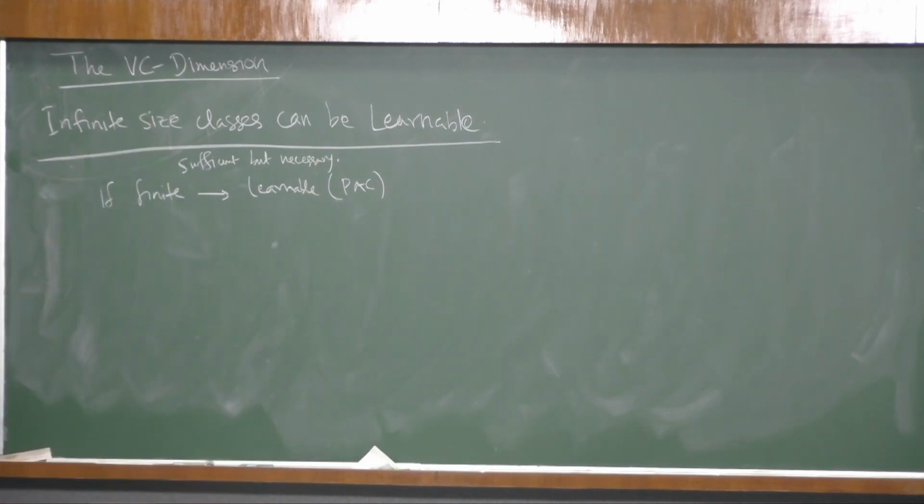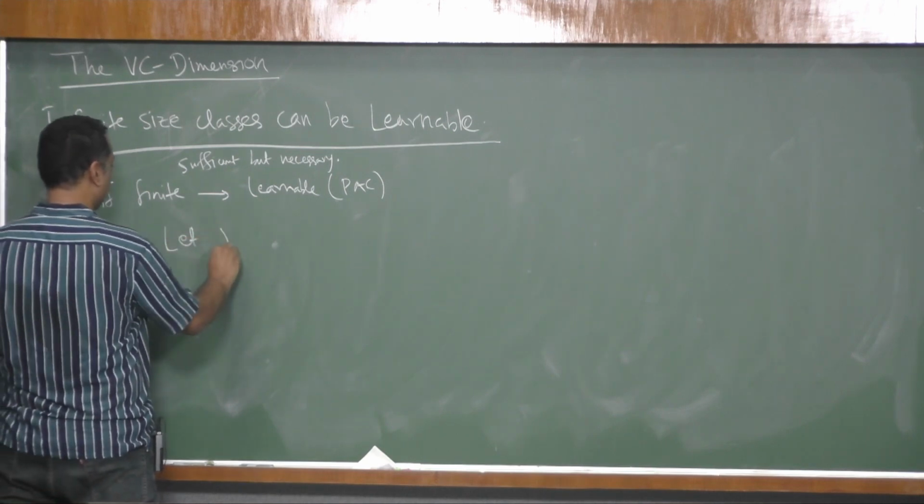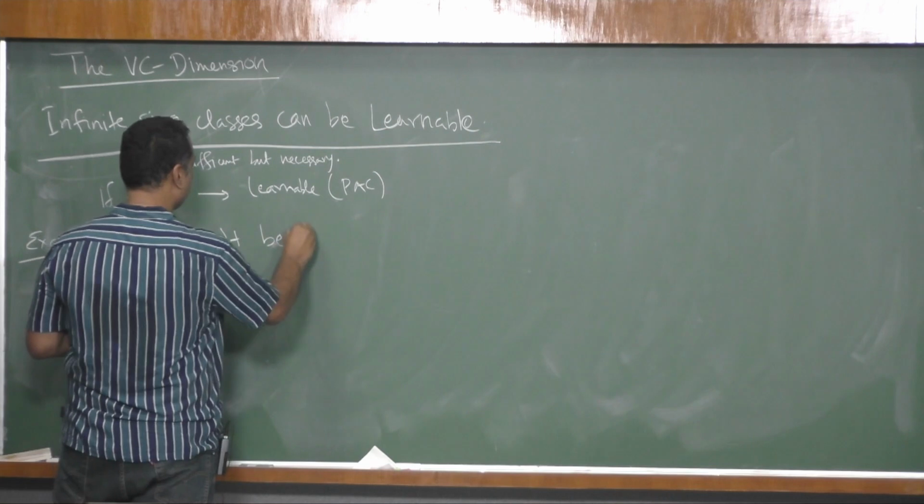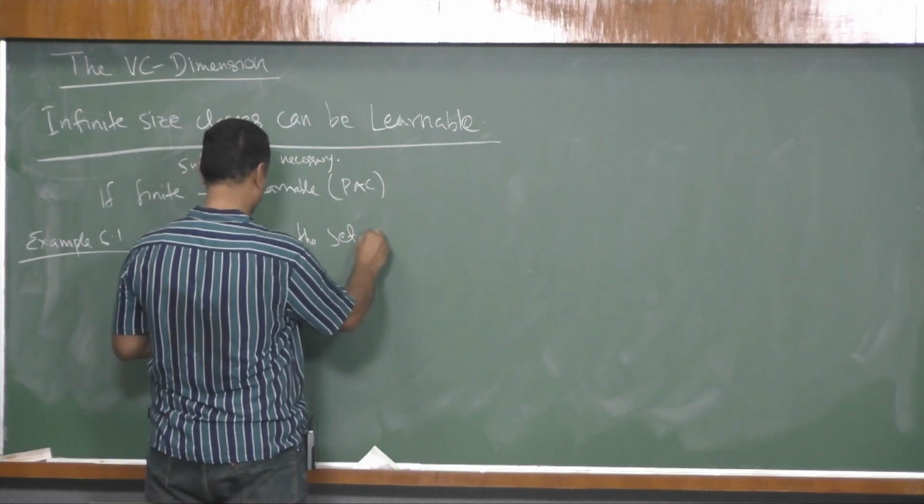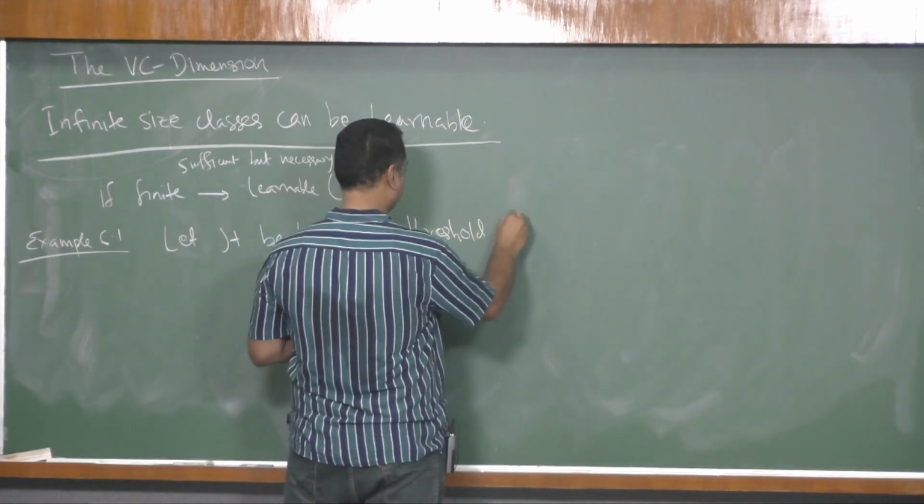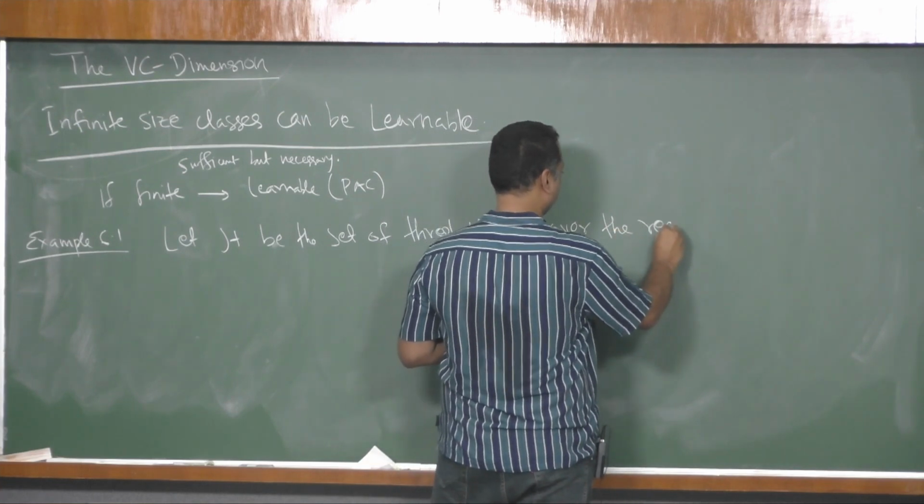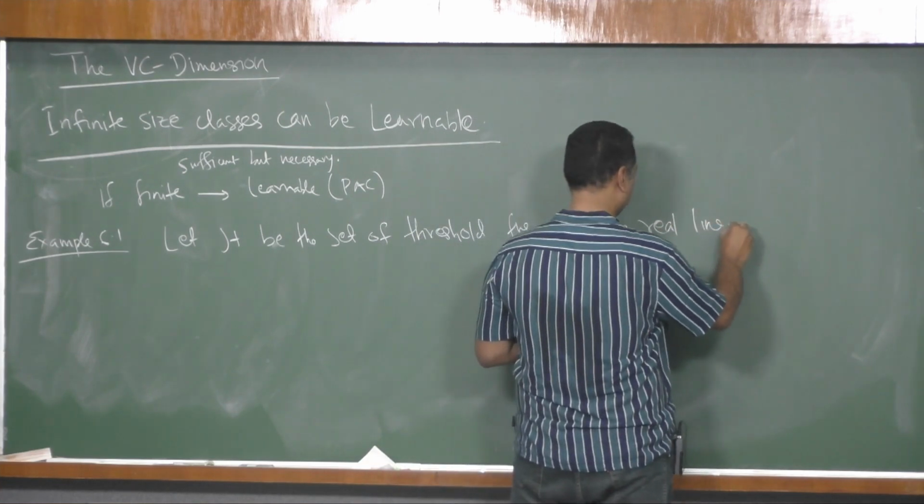So let us see an example on this: in which case, even though the hypothesis class is infinite, I can still learn. Okay, so let us see an example here. Example 6.1: let H be the set of threshold functions over the real line, namely,